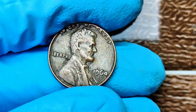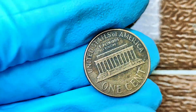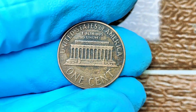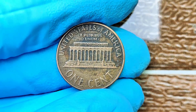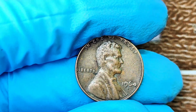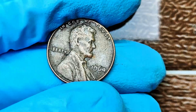It's like finding a typo in a best-selling book. Collectors love that stuff. Now, let me break it down for my non-collector folks. Condition is king. If your penny looks like it survived a zombie apocalypse, it's probably just worth 1 cent. But if it's shiny, clean, and has a little extra pizzazz, like a weird mint error, you might have something